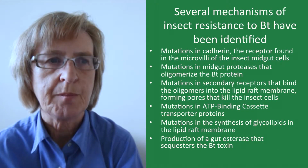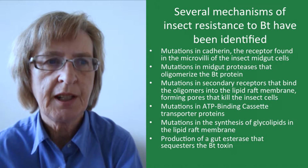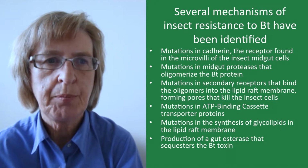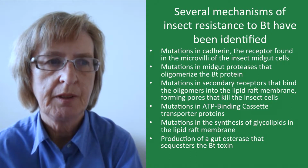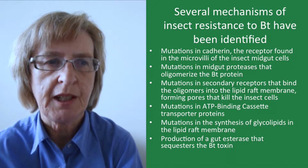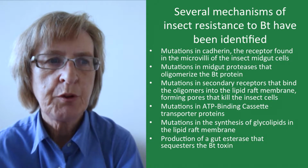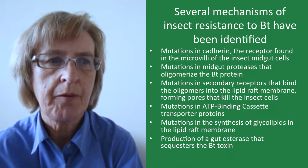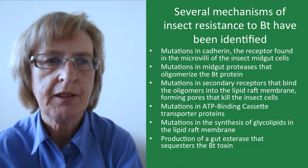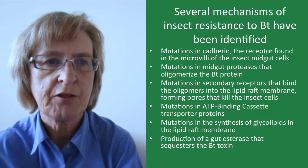A number of mechanisms whereby insect resistance can occur have been identified. These include mutations in cadherin, the receptor for the Bt protein that is found in the microvilli of the insect midgut cells, mutations in midgut proteases that subsequently oligomerize the Bt protein, and then mutations in secondary receptors that bind the oligomers into the lipid raft membrane, forming pores that kill the insect cells, mutations in ATP binding cassette transporter